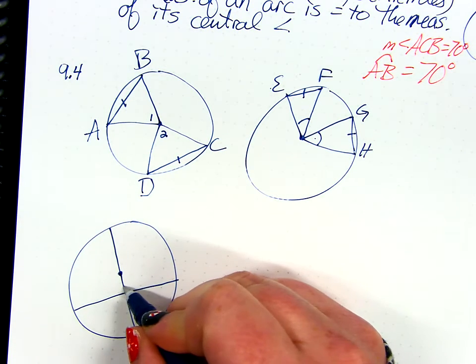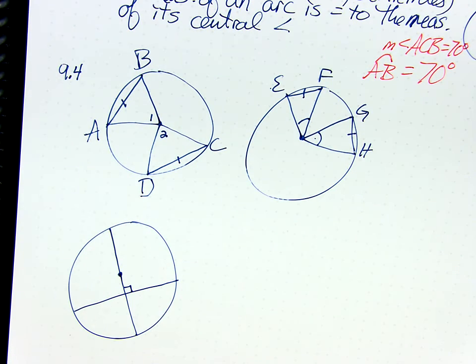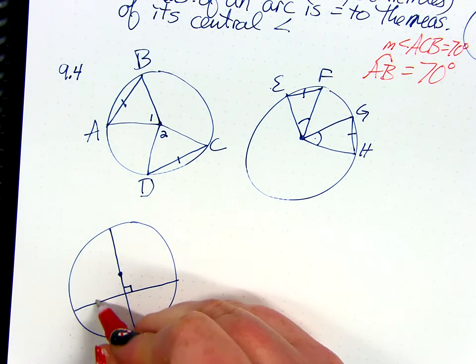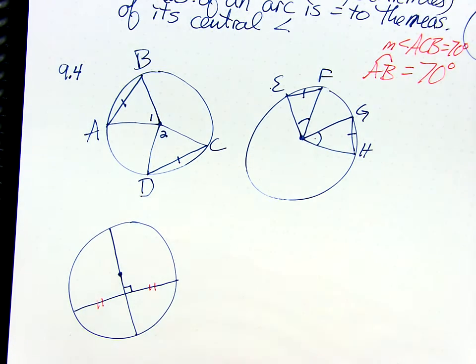So if I know that I have a diameter perpendicular to a chord, we learned yesterday what that diameter has done to that chord. It bisects it. So I would know that these pieces are now the same. Is that okay so far? And then the only other piece of 9.4,